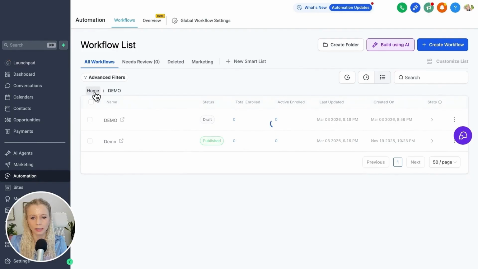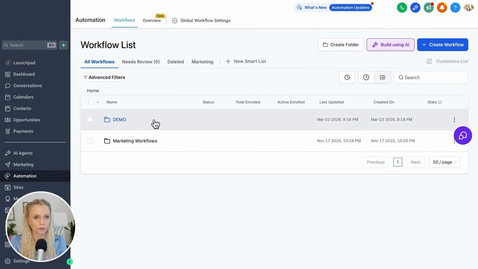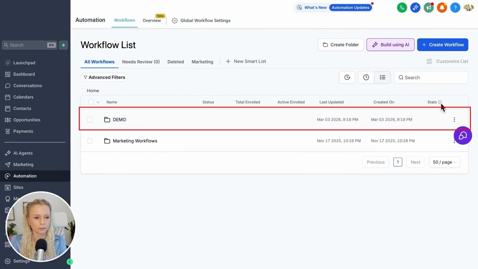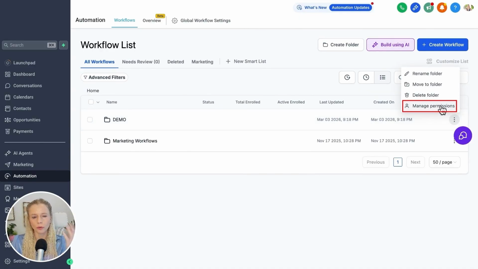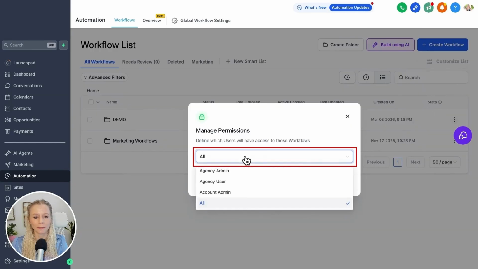Now let's go back, and this works only for folders. This doesn't work for individual workflows. You can click the 3 dots right here and you can block the folders to be accessed by everyone else. If you maybe want to just protect your automation, you don't want anyone to go on there and accidentally change anything because it will just break everything, then you can just click Manage Permissions, and then here,